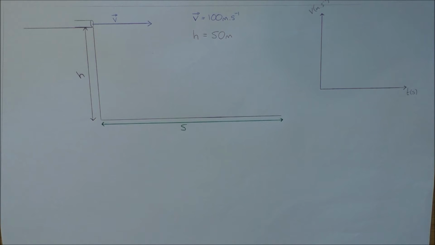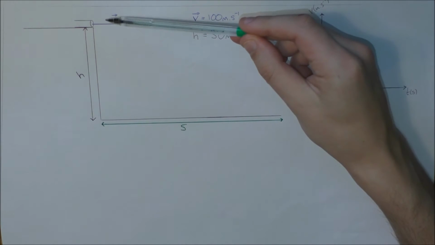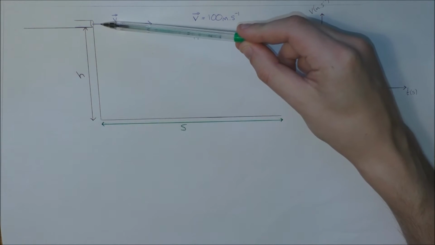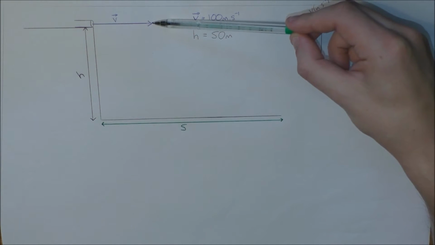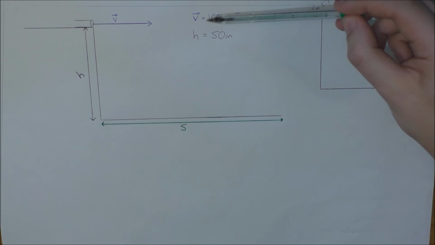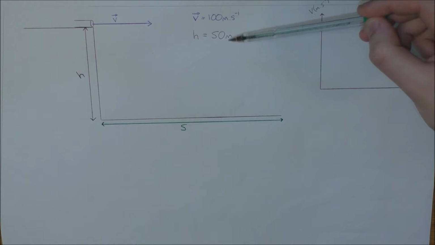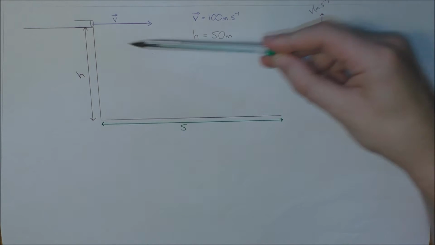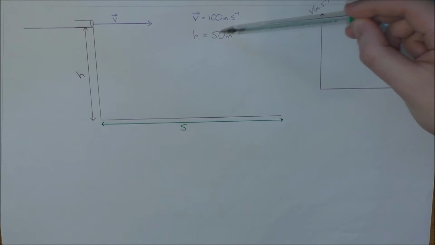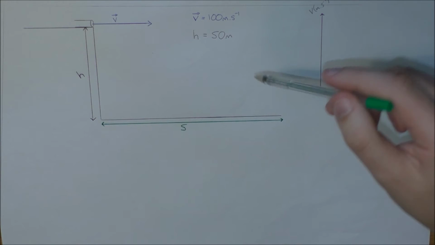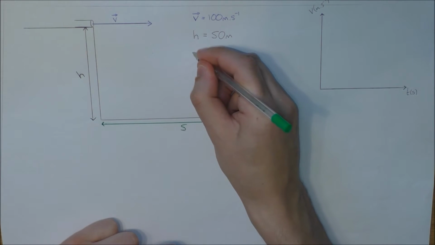Okay, this is projectile motion example number 1. What we've got is a cannon on top of a cliff. The cannon is going to fire horizontally with a muzzle velocity of v, which equals 100 meters per second. The height of the cliff h is equal to 50 meters, and my job here is to find